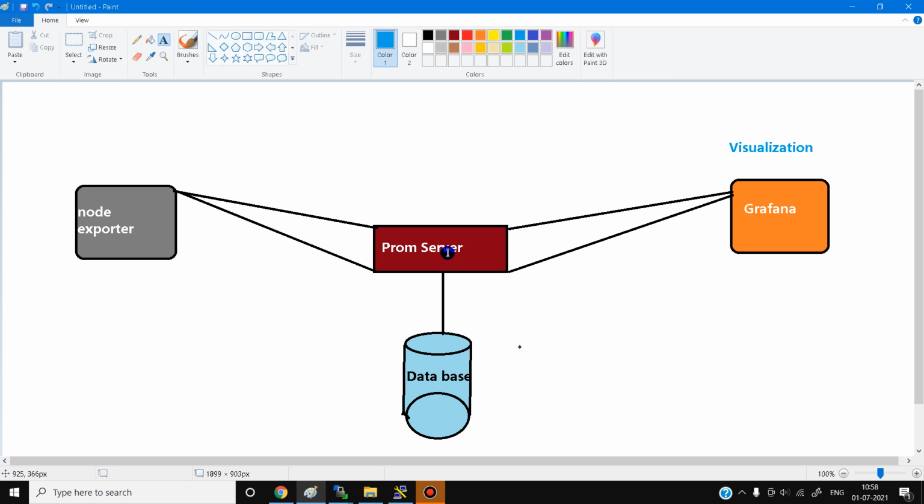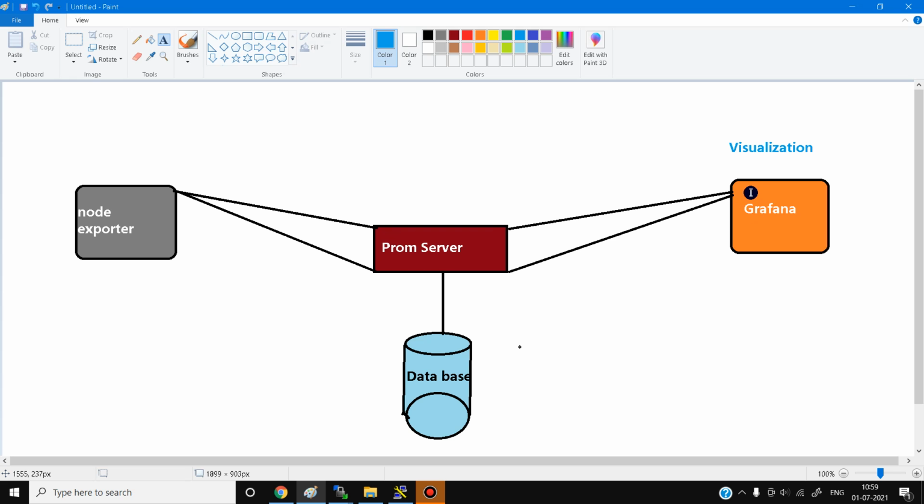The metrics collected by Prometheus can easily be seen in visualization form by using the Grafana tool. Grafana is used to provide metrics visualization.